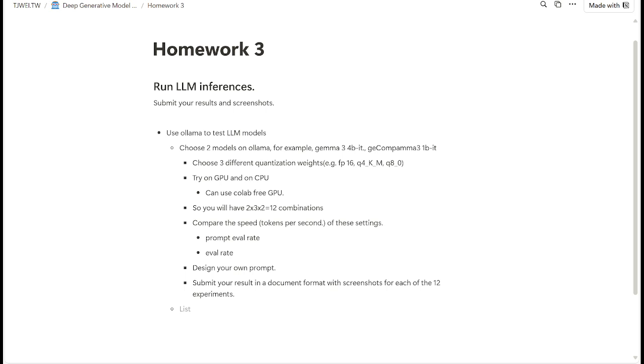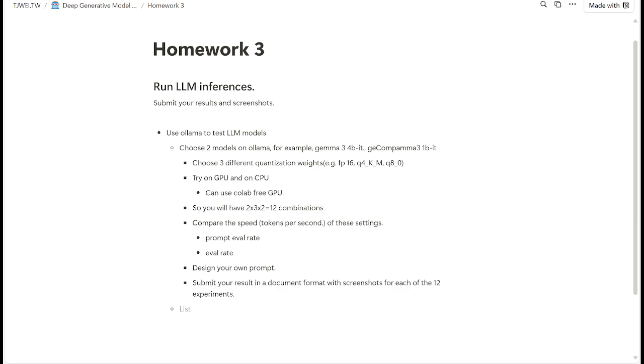Okay, so for these 3 different weights, and we have 2 different kinds of models, we already have a combination of 6 different cases. Also try running on GPU and CPU to see what's the difference. Okay, so you have 12 different combinations, 12 different configurations. Just make a table